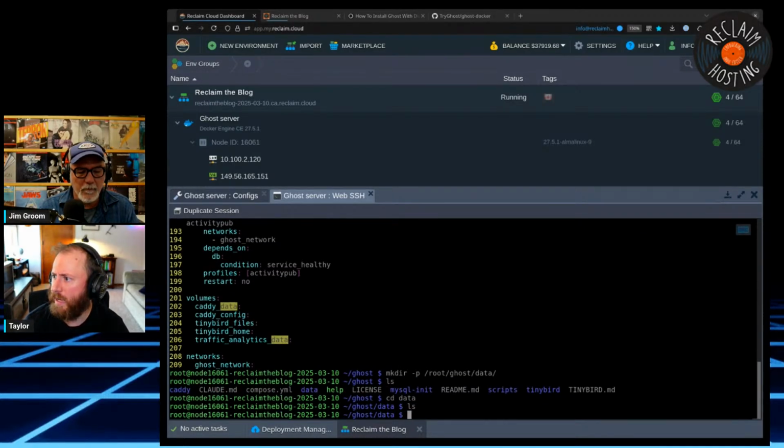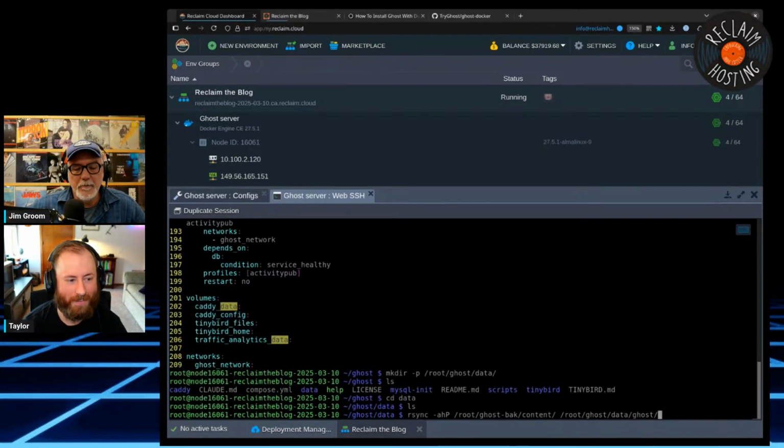And now I can actually copy over stuff from our existing Ghost install in there. I'm going to use rsync for this, although cp -r would also work just fine. I just prefer rsync for this kind of thing. And in our old Ghost install, I put all of that stuff in a folder called content. So that's just a change in the layout of where things are stored. So it's root Ghost data Ghost.